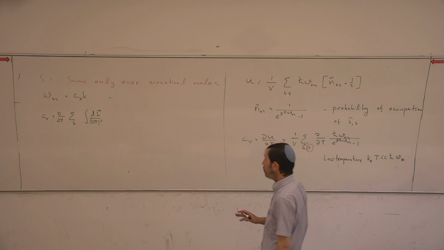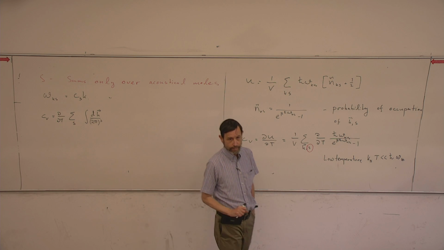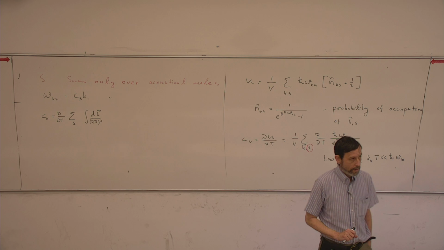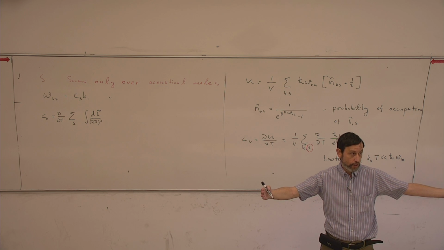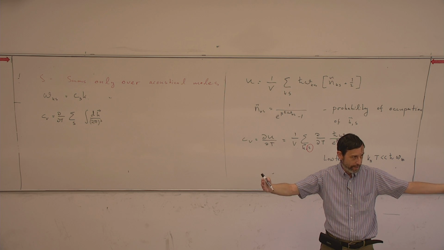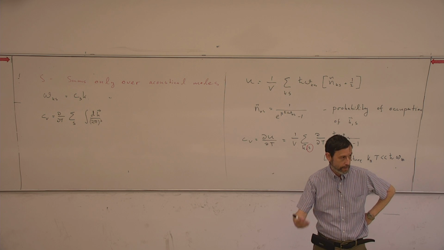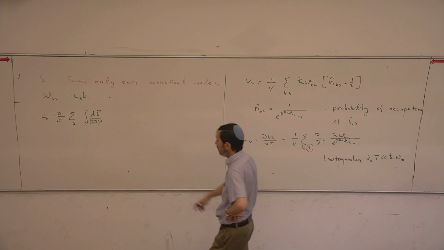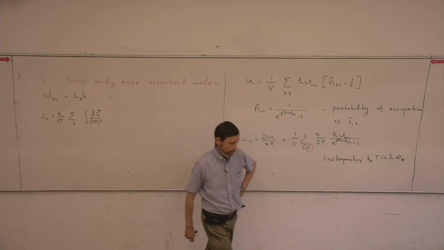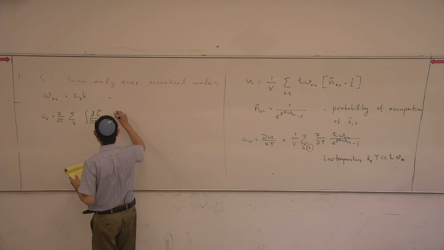Not completely kosher, but not too bad. Usually I think of a large lattice where large n is a huge number, and therefore pi over n times k is very small, so I can exchange the summation by an integration. And we'll write down explicitly